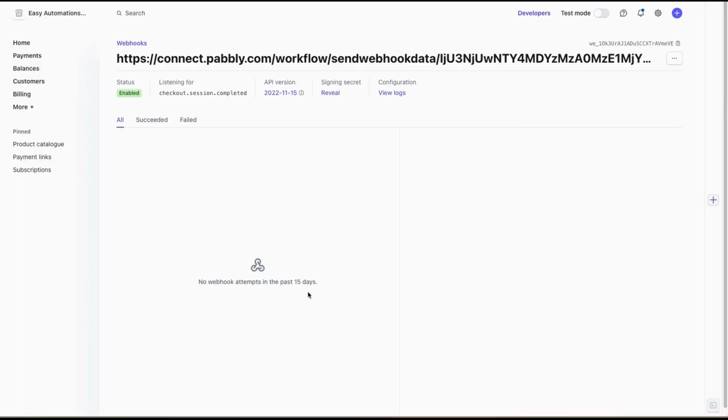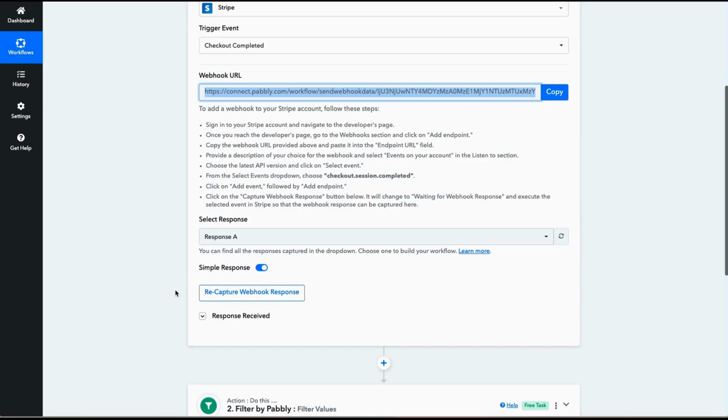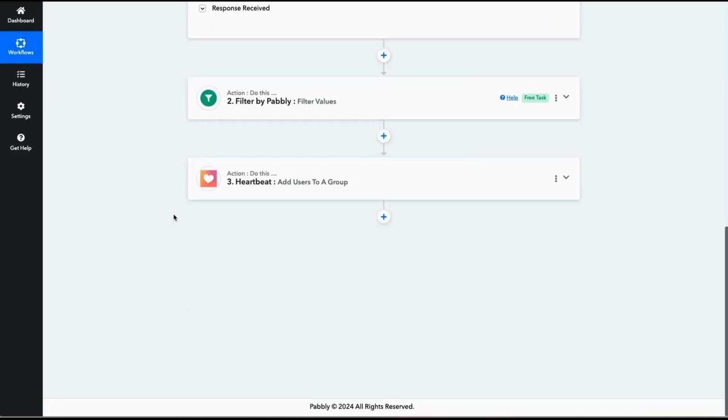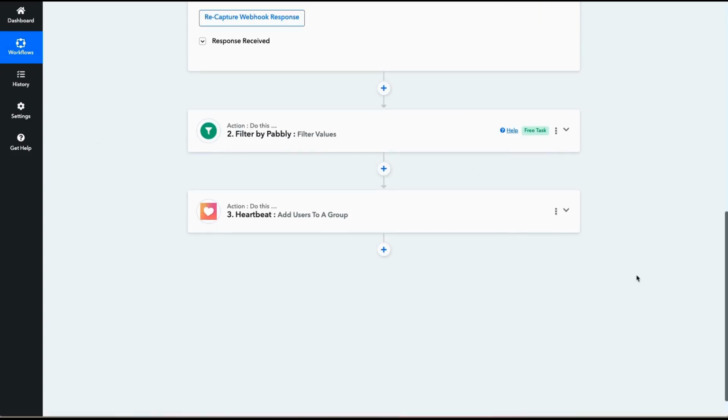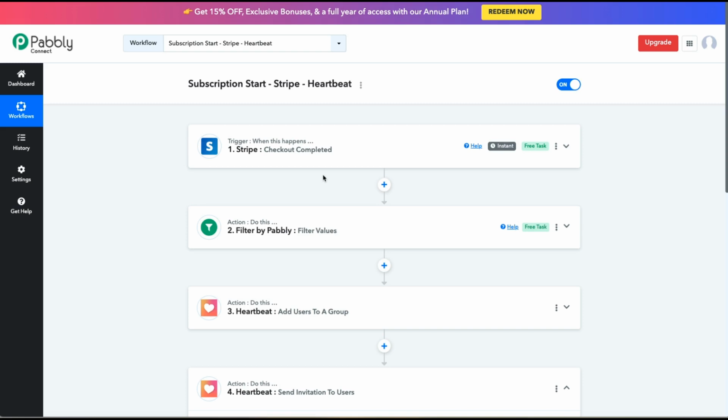So endpoint, that's fine. So this one is taken care of and that's it. We don't need anything else because we're not using any other Stripe modules. Now, the last thing you need to do is adjust the filtering because remember, in this workflow, for example, the